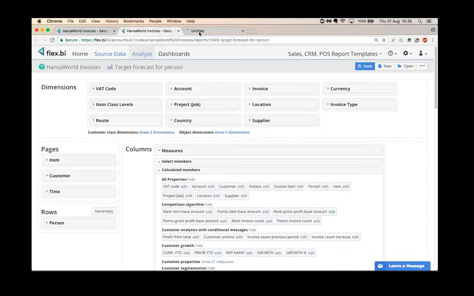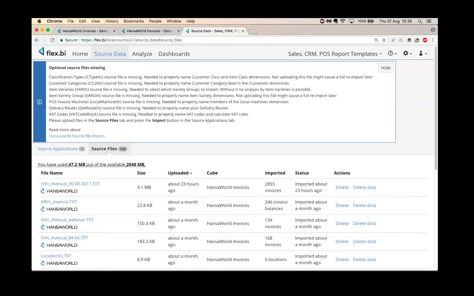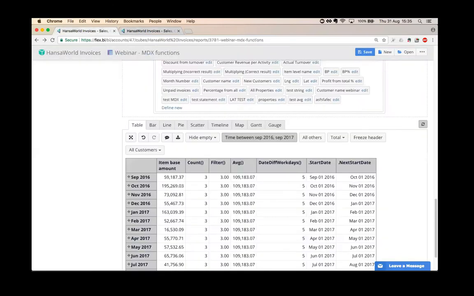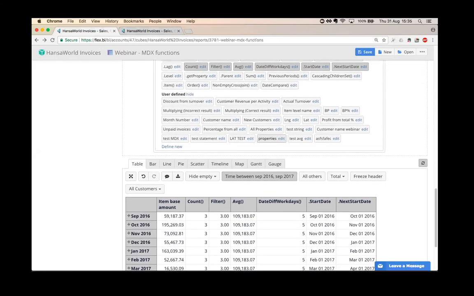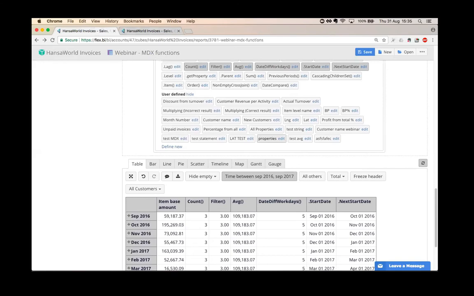You can upload that file in source files, and it would exclude the holidays. We are also working on an import from Hansaworld where this could be imported automatically. Those are 2 options, and the third option is to create a calculated member,